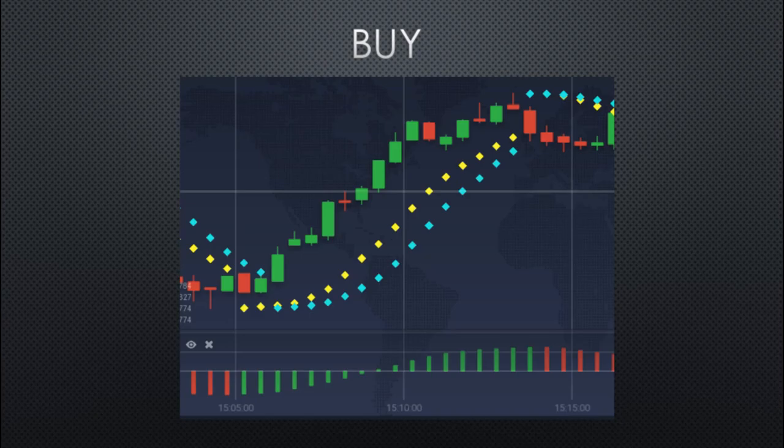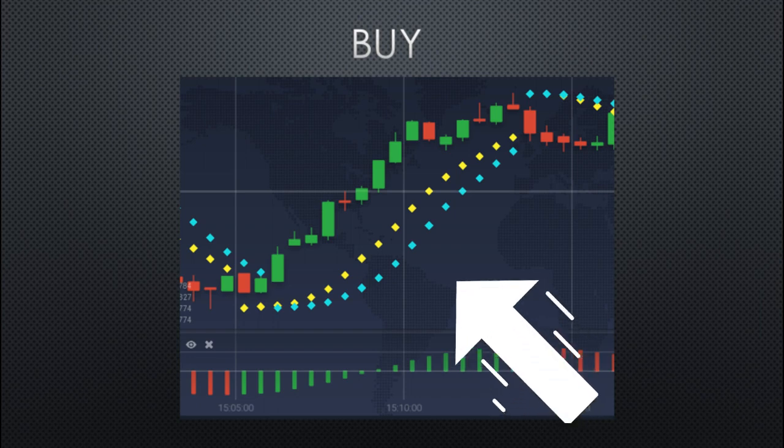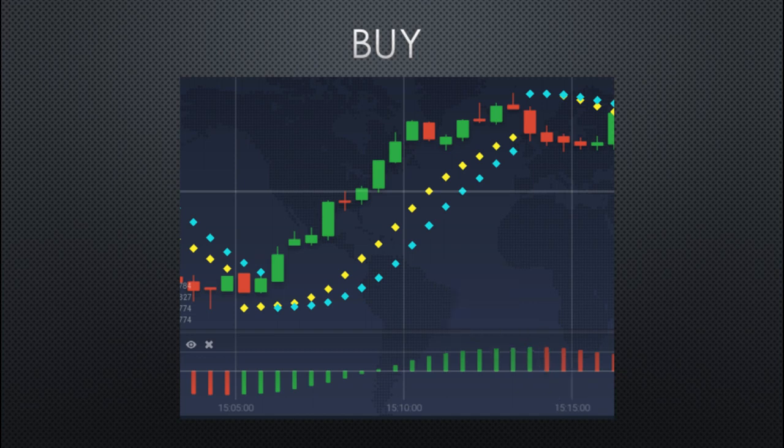Buy. What we have to look for is situations in which both parabolic SARs go in the same direction, separating a little without overlapping. Both must go up to be able to make a buy. At the same time, there must be a crossing of the awesome oscillator. In this case, as we are talking about a buy, the awesome oscillator must go from being below to being